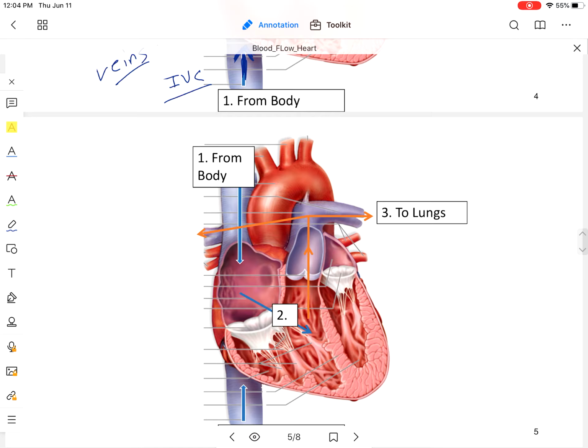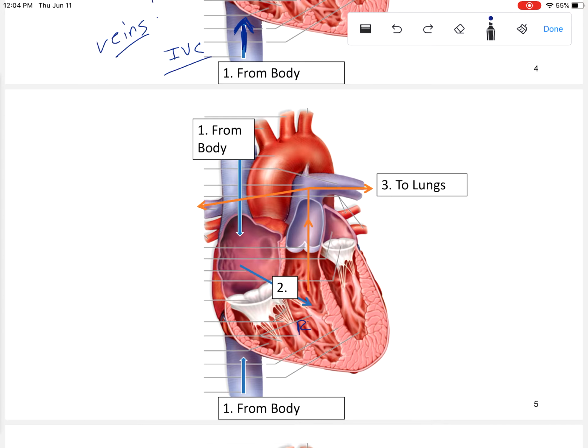Now, when the blood gets to the right ventricle, it's then going to travel, and this arrow is the wrong color. It showed up this way. I don't know why, but this arrow should be blue. So let me fix that for you. This arrow is going to be blue because the blood is not yet oxygenated. Okay, good. So when the right ventricular wall contracts, it's going to push the blood up this direction